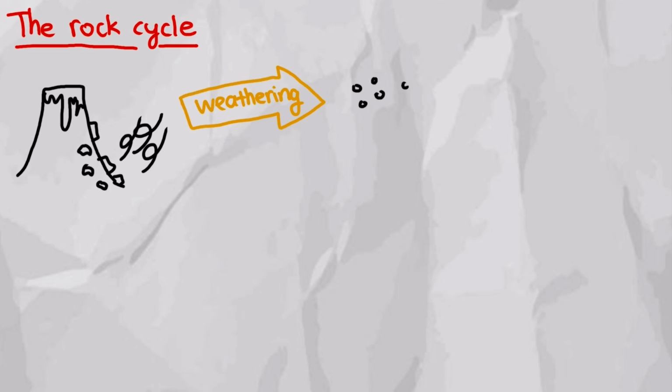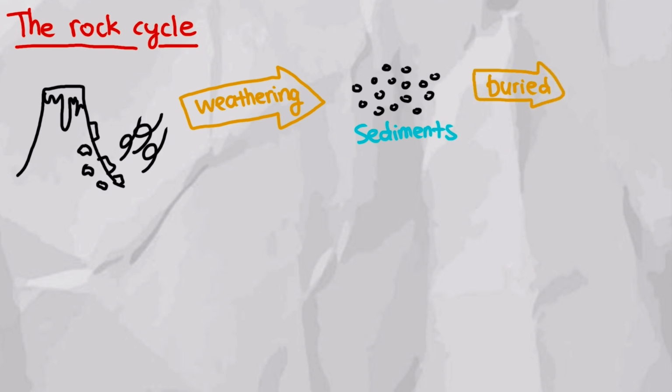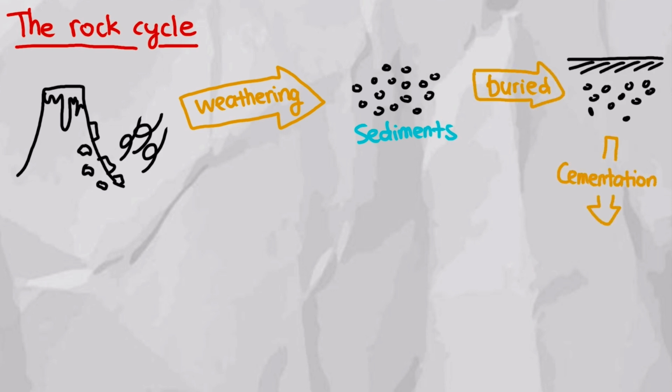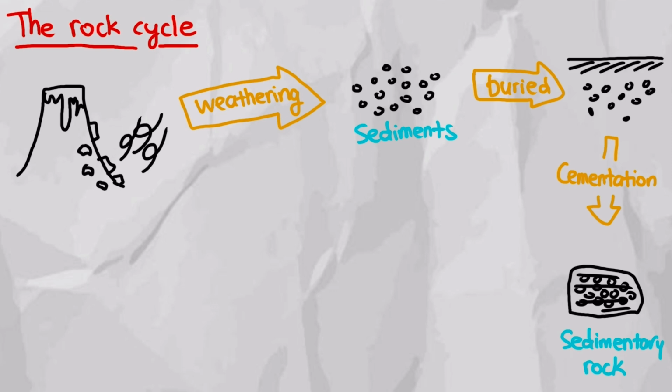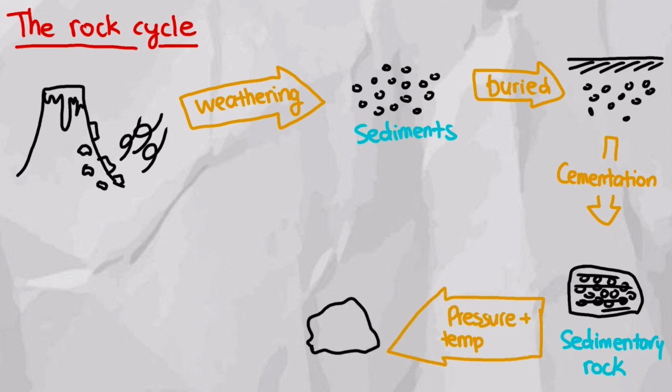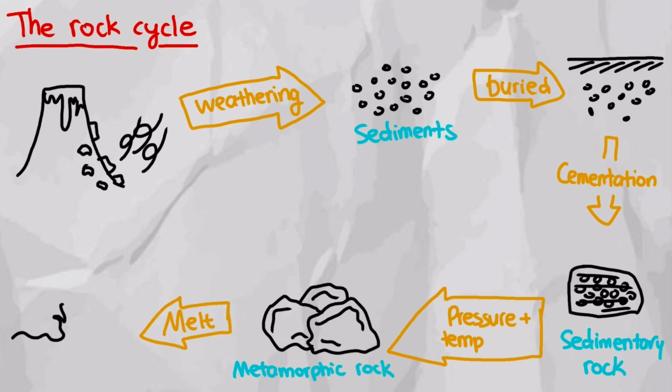Starting with rocks exposed on the surface, such as extrusive igneous rocks, they eventually get weathered by natural elements, such as wind and water. This breaks down the surface rocks into sediments, which eventually get buried deep underground. Under this pressure, a process of cementation takes place, where minerals grow in between the cracks of sediment, which bonds these small pieces together into solid sedimentary rocks. As those rocks get buried deeper and become the Earth's crust, they turn into metamorphic rocks from the high pressure and temperature. Lastly, all of these rocks melt into magma, which will cool into igneous rocks to start the cycle